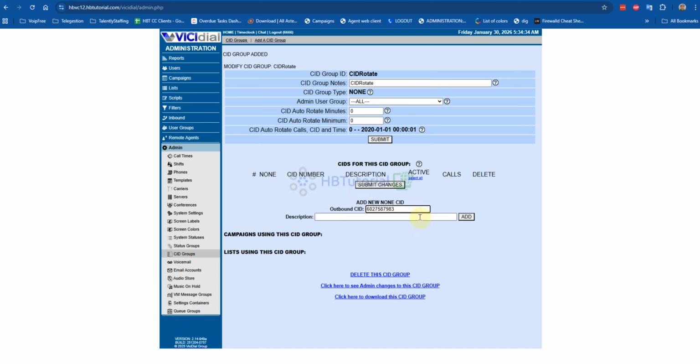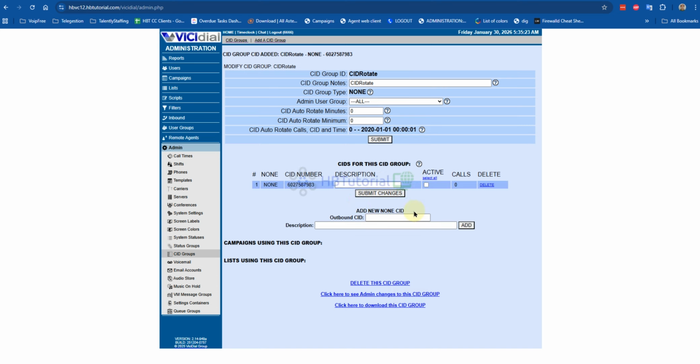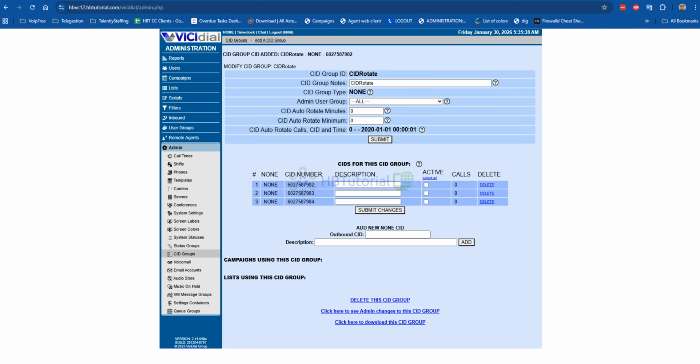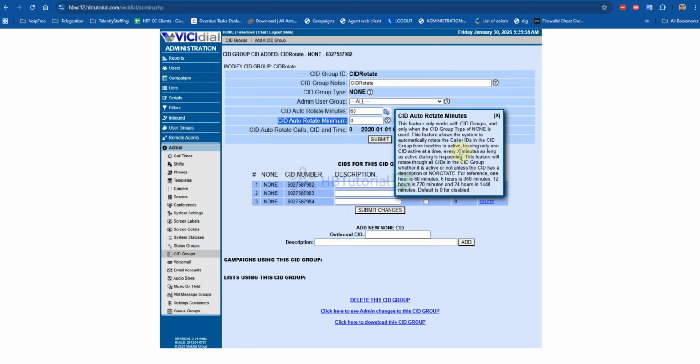Just paste the DIDs over here. Like that. You can change to 4. This one is only an example. So for example, this is your DID. So you can select all, or you can deselect, but you can also put a rotate, like how many minutes, like 1 minute or 60 seconds. So this one is based on a second.